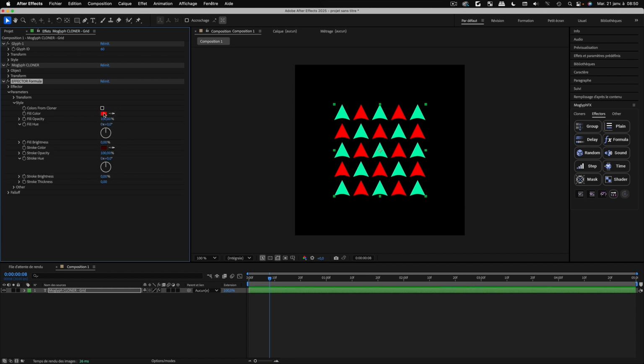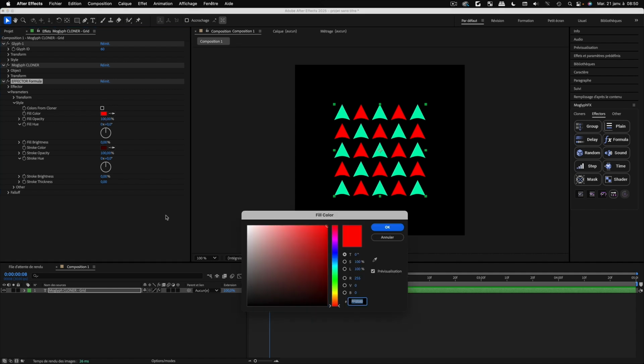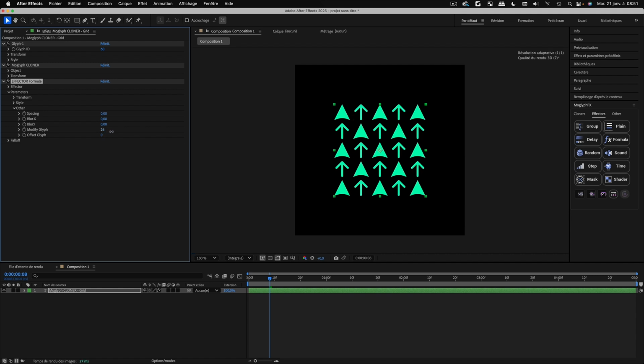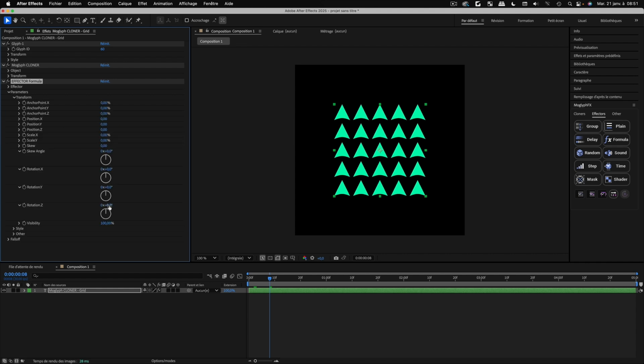And the style can be changed on this option here, of course. Maybe you don't want this guy to be changed in color, but you can still click this option, and maybe you just want to offset or select a specific glyph in this font, so you can do something like that. You can also transform and have a full